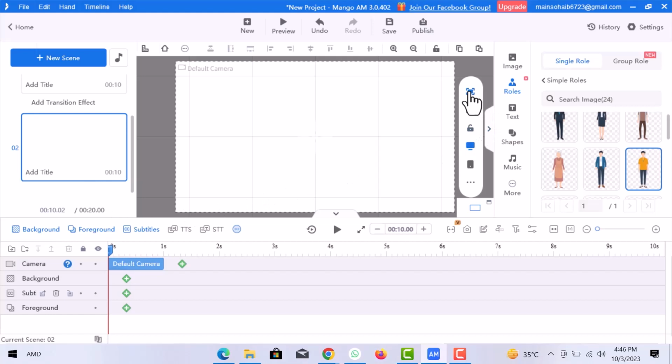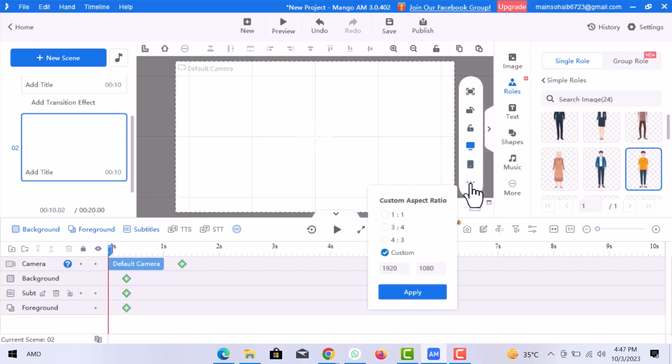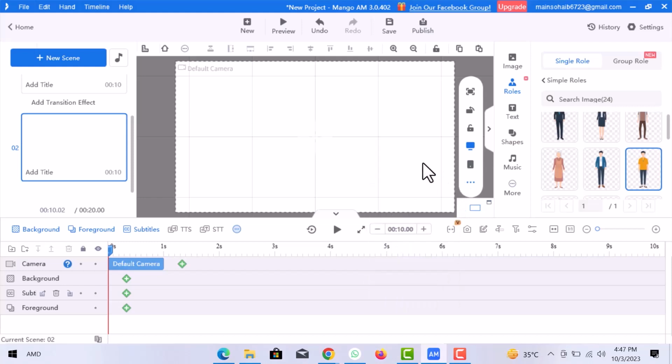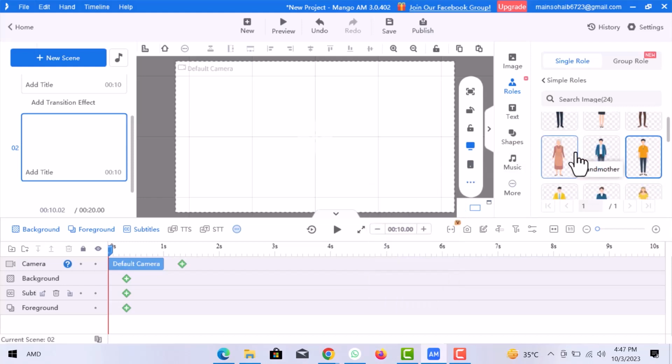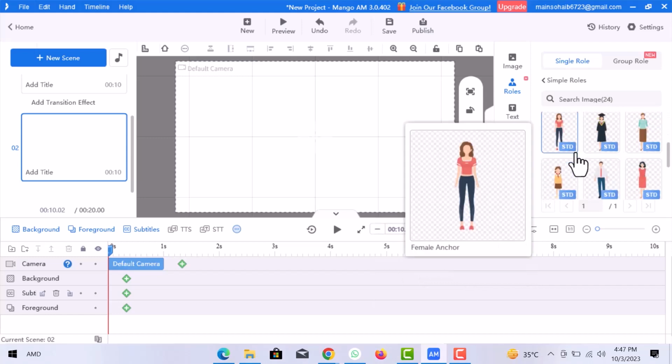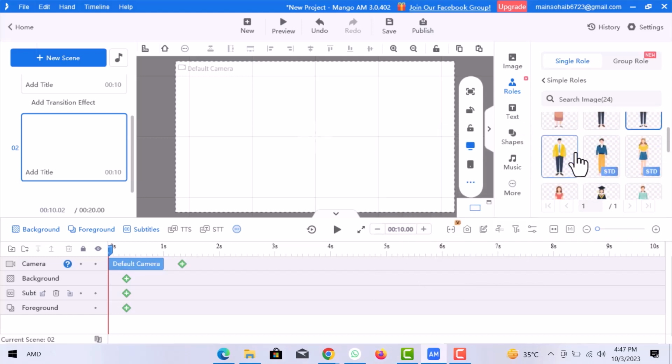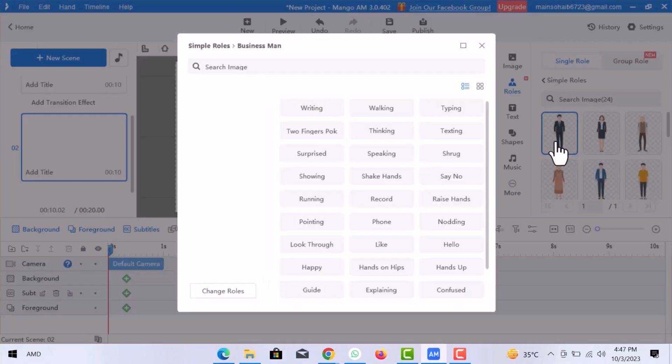If you go to the right side of the screen, there are different options like rotate, lock canvas, timer, and custom ratio. You can set the ratio of your choice. If you look further on the right side of the screen, you will see different images. You can choose any one of them and their position as well, like writing, walking, typing, two fingers, POC, etc.,